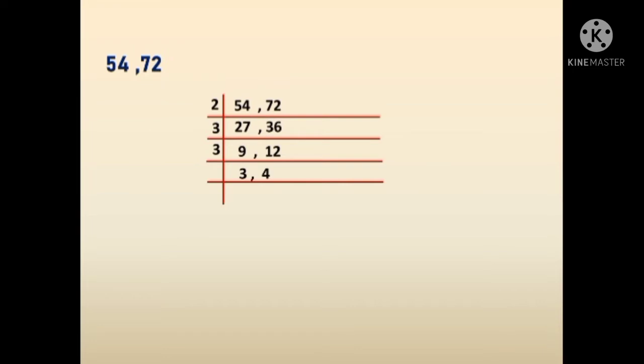For using this method, what will we do? We will find by which numbers 54 and 72 are divisible. Then again we will find by which number 27 and 36 are divisible. We will follow this step till 3 and 4 come at the end. The next step is to multiply the numbers on the left, that is, 2, 3 and 3. If we multiply, the final answer will be 18. This is the normal method we follow. This method is a little bit time consuming.